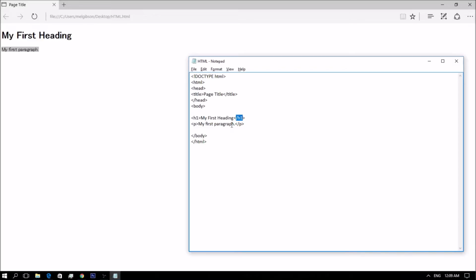The HTML element is everything from the start tag to the end tag. HTML elements can be nested. All HTML documents consist of nested elements. So for example, these two are the nested elements. We have the two tag elements here.